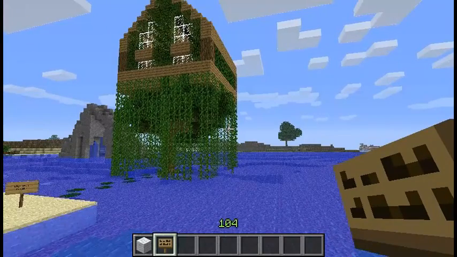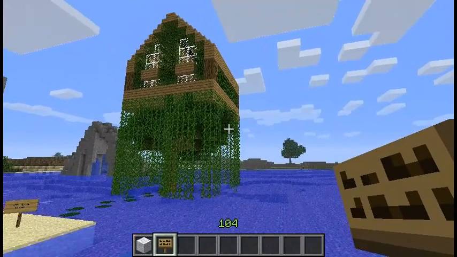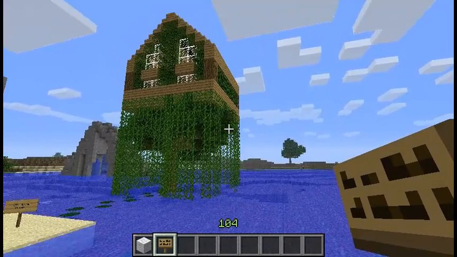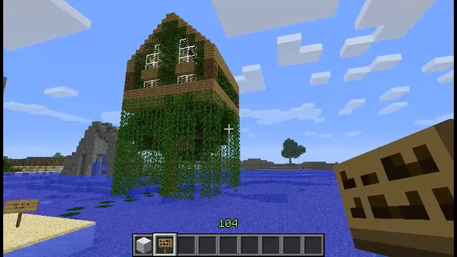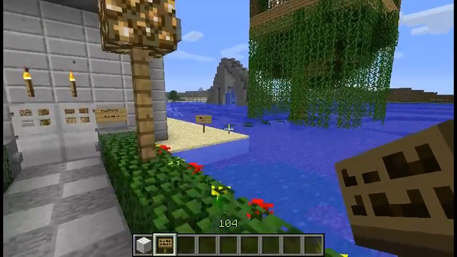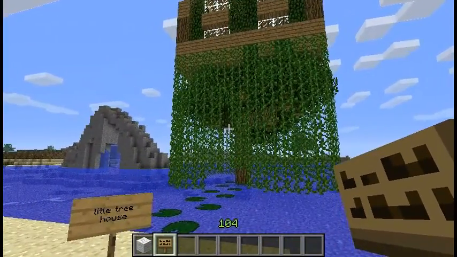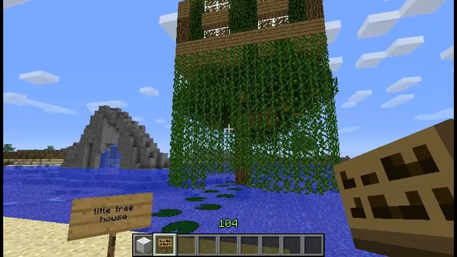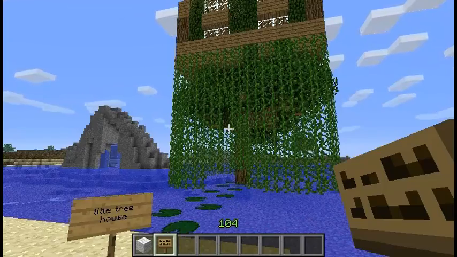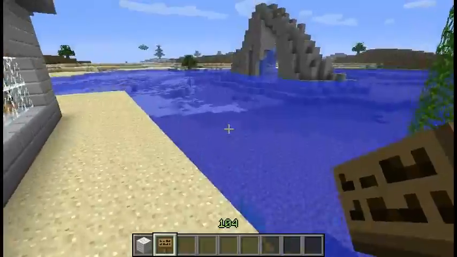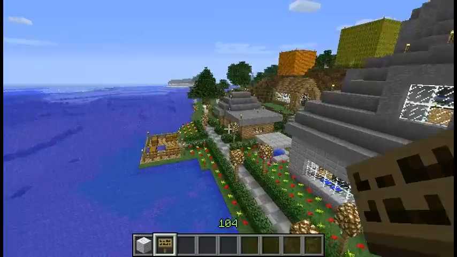So, by asking ourselves, why is this strange, and then looking at other tree houses and trying to figure out why this is a little bit odd, we can figure out how to make it better. And so then the next thing you do, if you want to rebuild it, is to make it better. And if you do that, eventually you'll get a pretty awesome treehouse. Every time you build it, you go back, look at it, and ask, what's strange about this? What's wrong with this? Which parts don't work? And how can I make it better? So that's the design process, and you can do the same thing with everything you build.